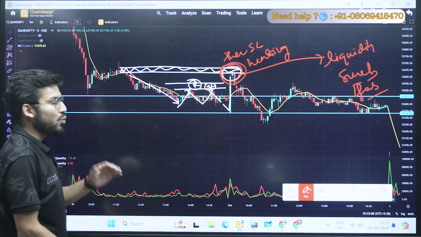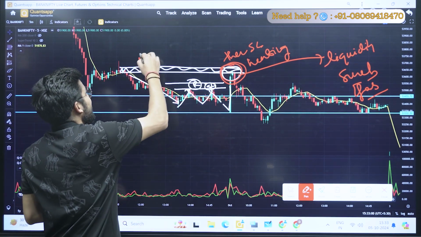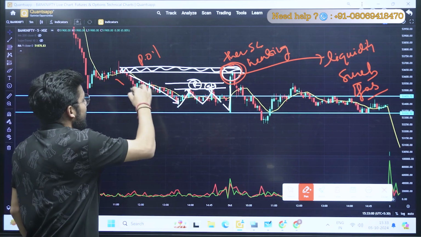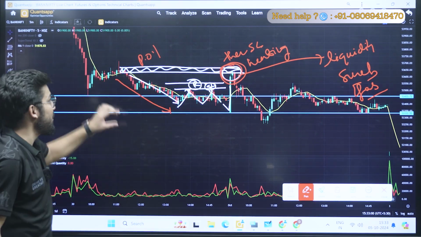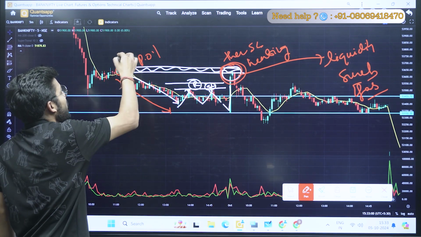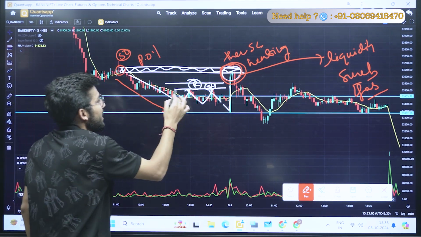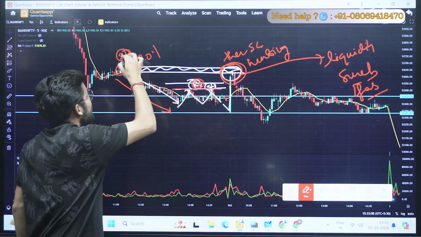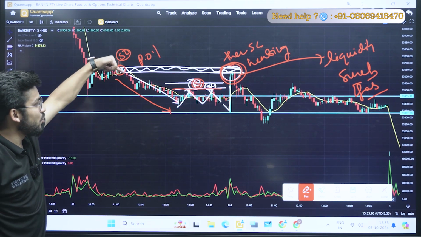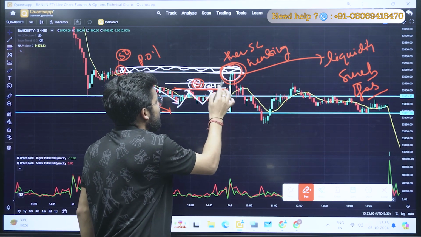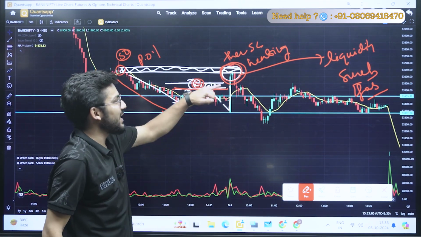But the people who know the concept of point of interest, where I saw the point of interest, because a good movement started from this point, it means the big players are taking entry at this point. Their stop losses are placed behind it. They have not placed their stop loss here; they have placed it there because from here the good movement started, right? And when this resistance was broken, there must be some people who took entry.